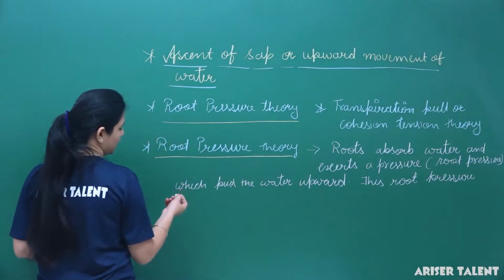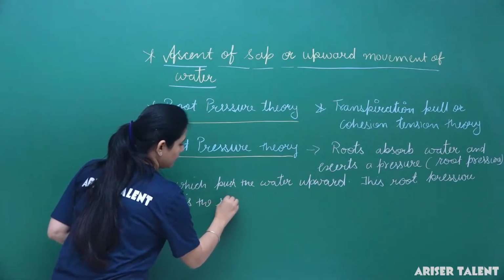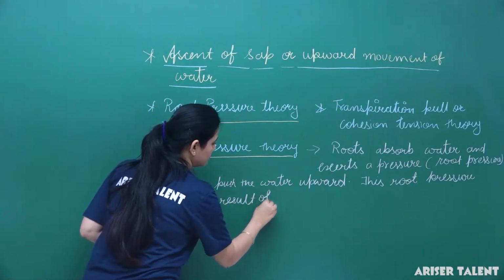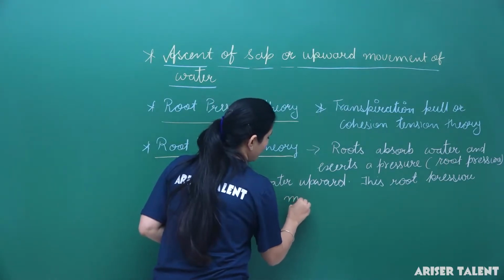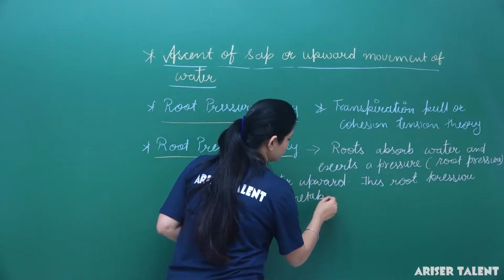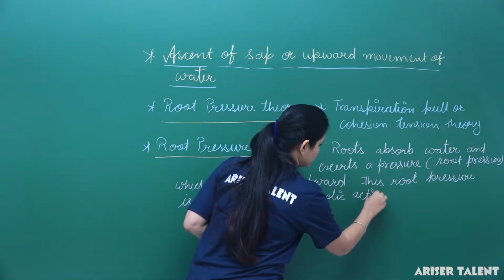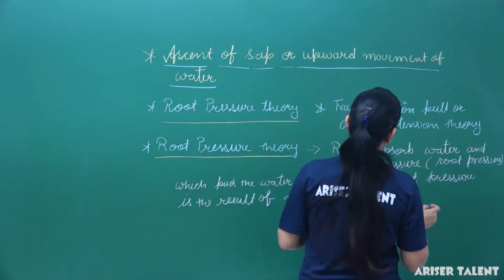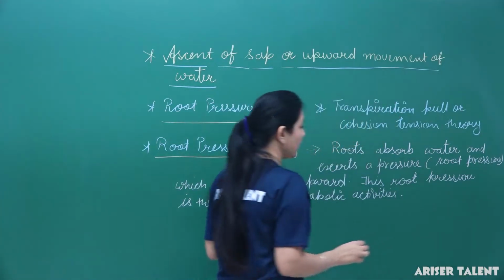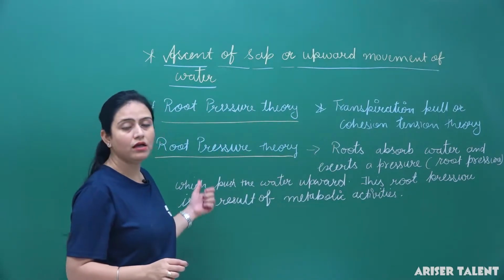The root pressure is the result of metabolic activities, and this theory is especially made for the herbs only,